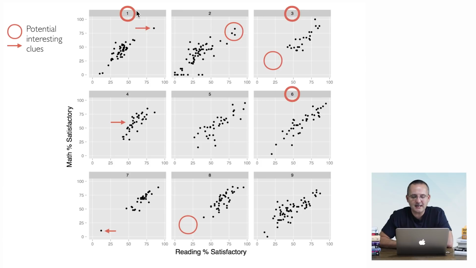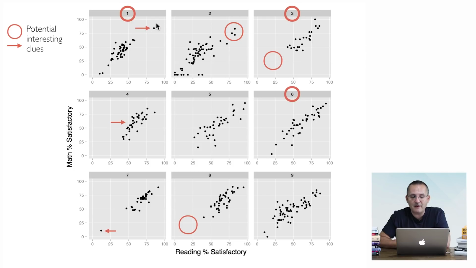For instance, take a look at board district number 1. In board district number 1, most schools in that district are on the bottom left quadrant. That means that fewer than 50% of students read well, and fewer than 50% of students can do math correctly, right? So that's a pattern. Most schools are on that bottom left, but there's one exception. When we explore data with visualization, we need to focus both on the trends and patterns and the exceptions to those trends and patterns. So that's the reason why I put a little arrow over there.